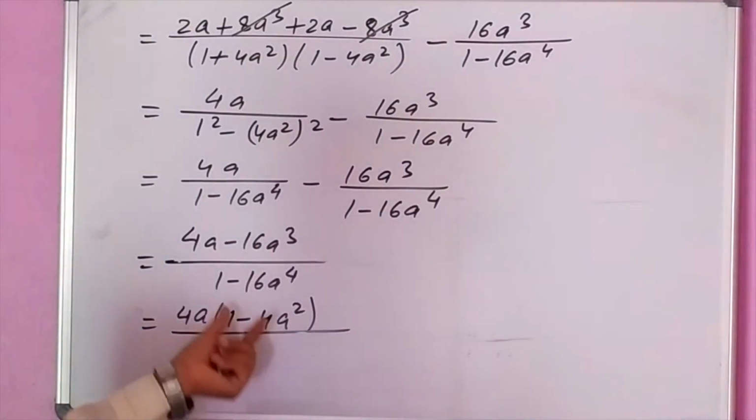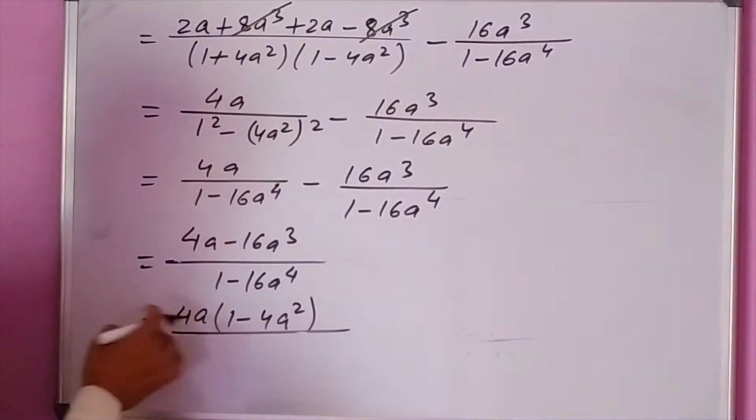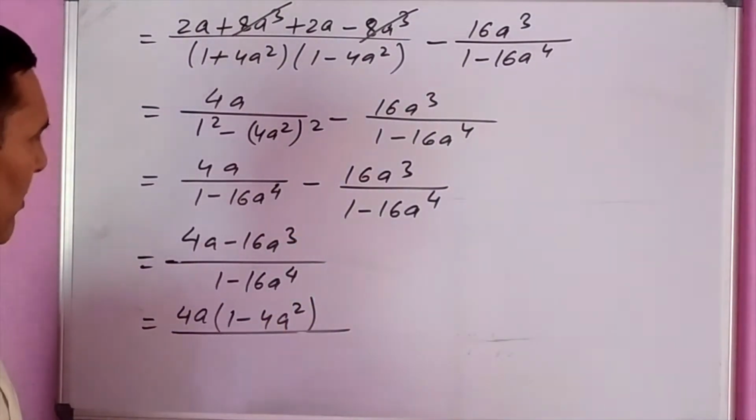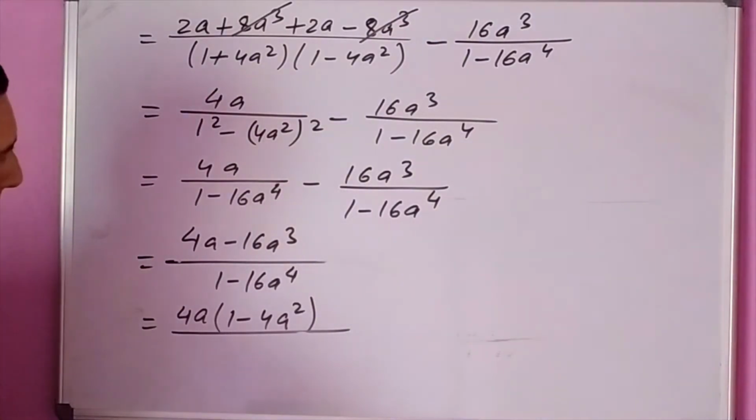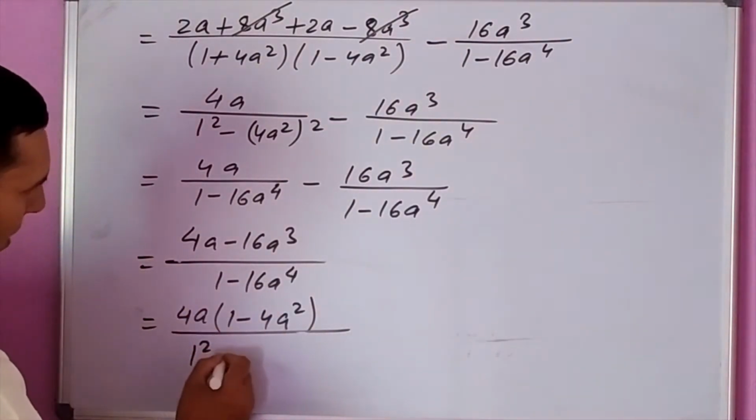1 only minus 4 times 16 a square. From here, when 1a is taken common, then a square will be remaining there. In the denominator again, we have to write this in the form of factors. It is